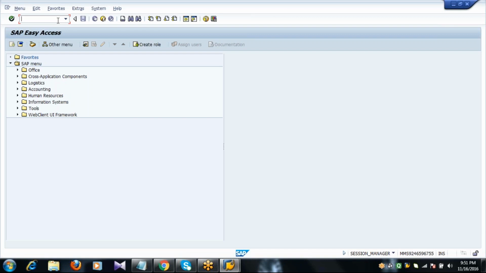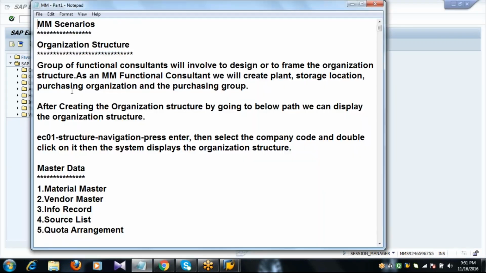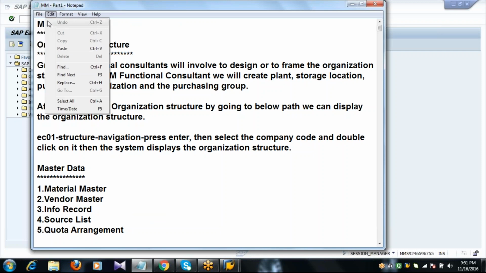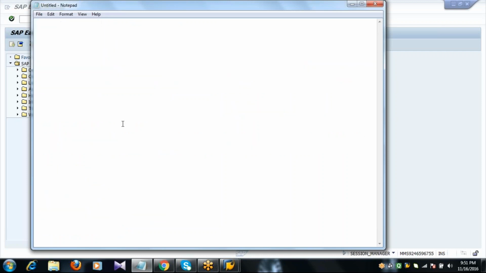So with this, we complete the organization structure. Now I want to see the total organization structure, what I created, what I defined and what I assigned, like company, company code, plant, storage location, purchasing organization, controlling, etc. Now, to display the organization structure in the system,